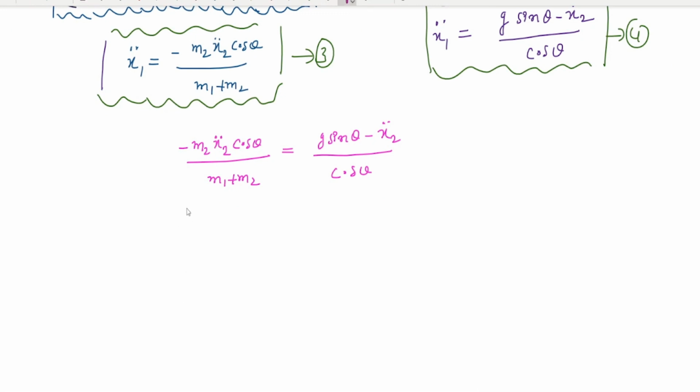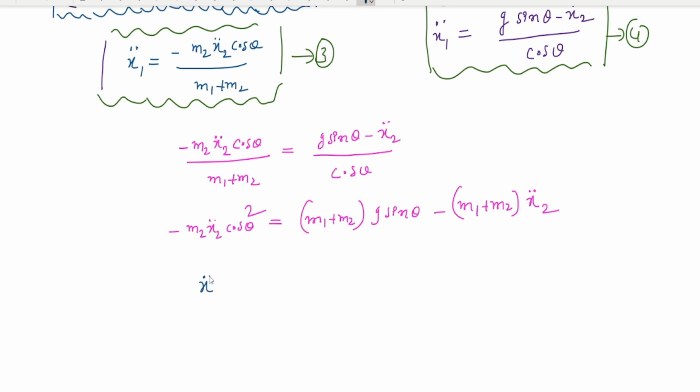The first step: minus m2 x2 double dot cos theta square equal to m1 m2 g sin theta minus m1 m2 x double dot 2. If you rearrange this equation like this, finally you will get